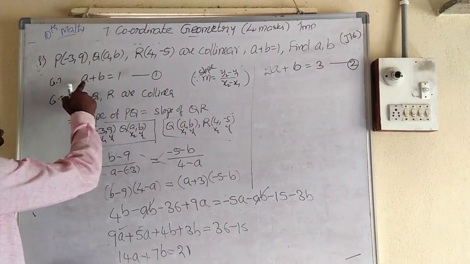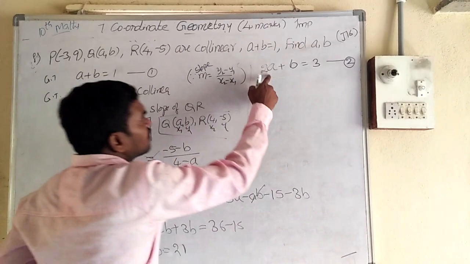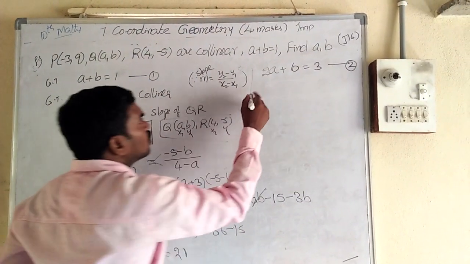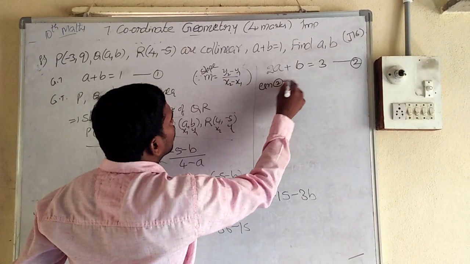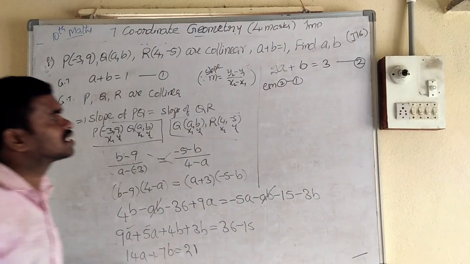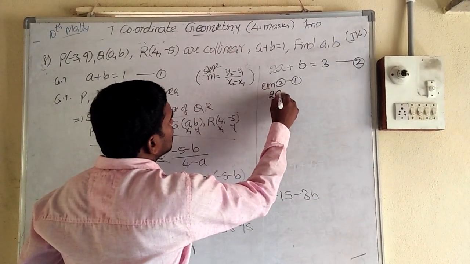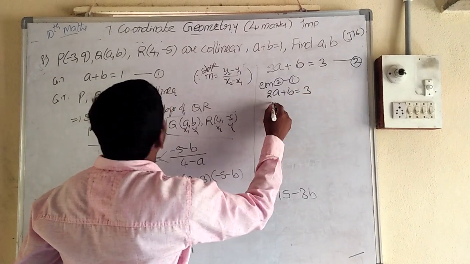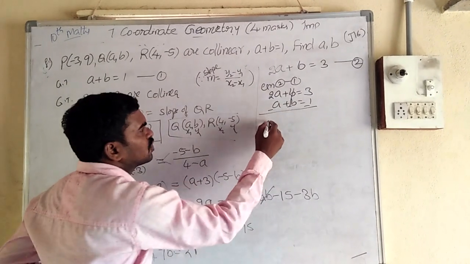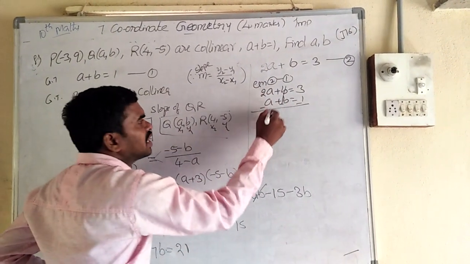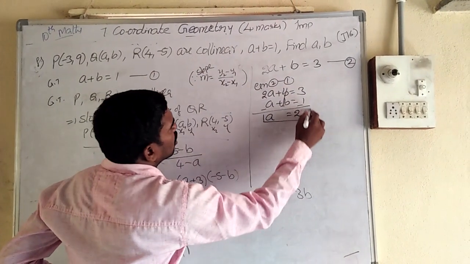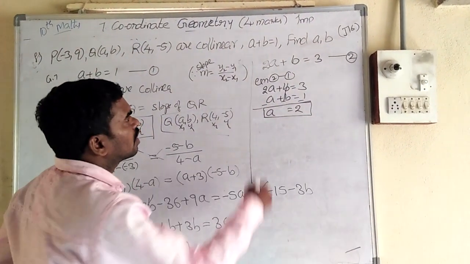So we have the first equation a plus b equal to 1. We got the second equation 2a plus b equal to 3. In this, the b coefficients are the same. So do equation 2 minus equation 1. Of course, equation 1 minus equation 2, then also you will get the same answer. Here I am doing equation 2 minus equation 1. So b minus b cancels. 2a minus a is a. Is equal to 3 minus 1, 2. So a equals how much? 2. Got the a value.